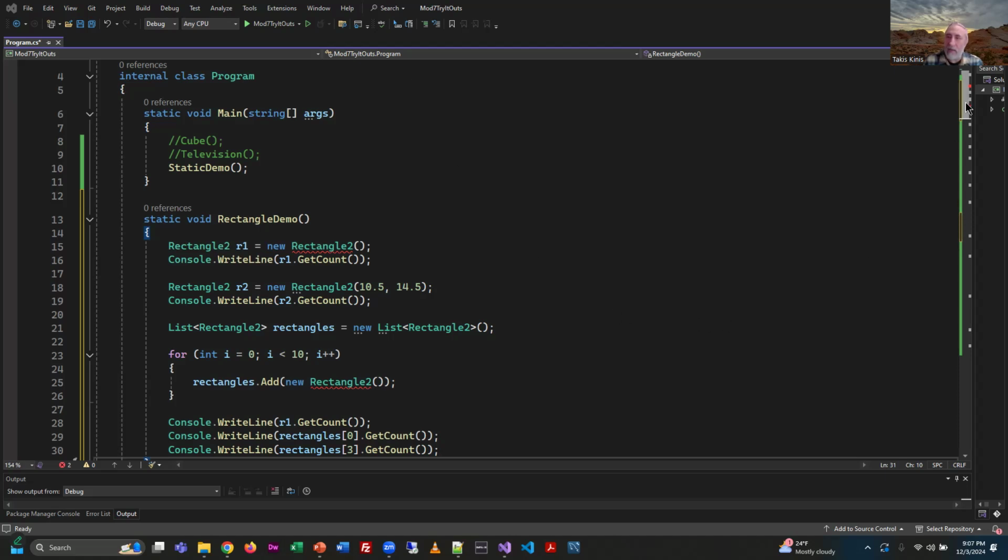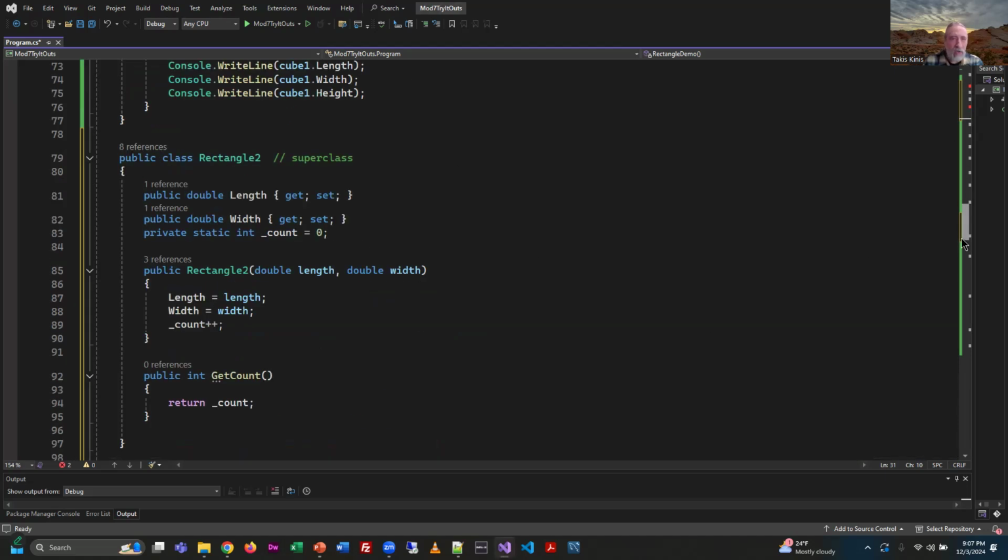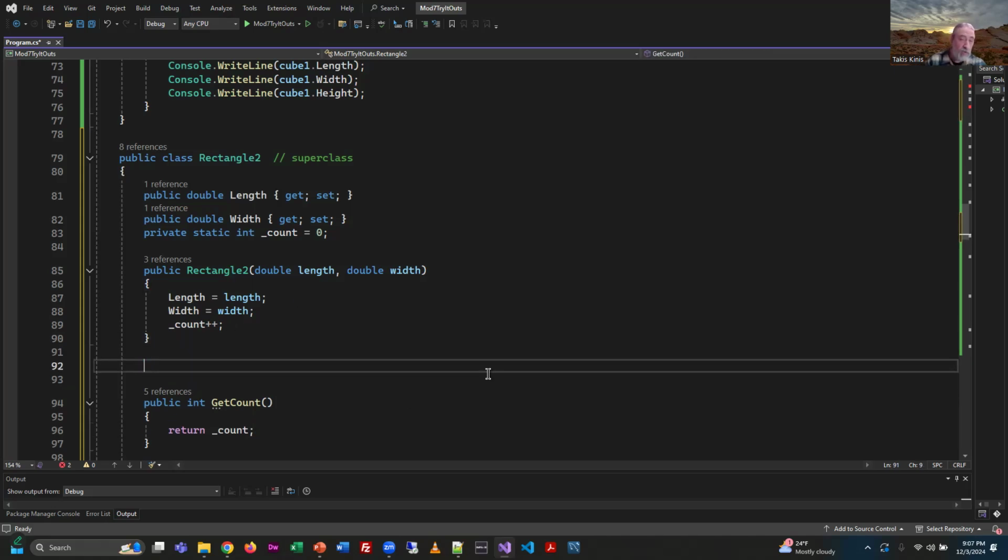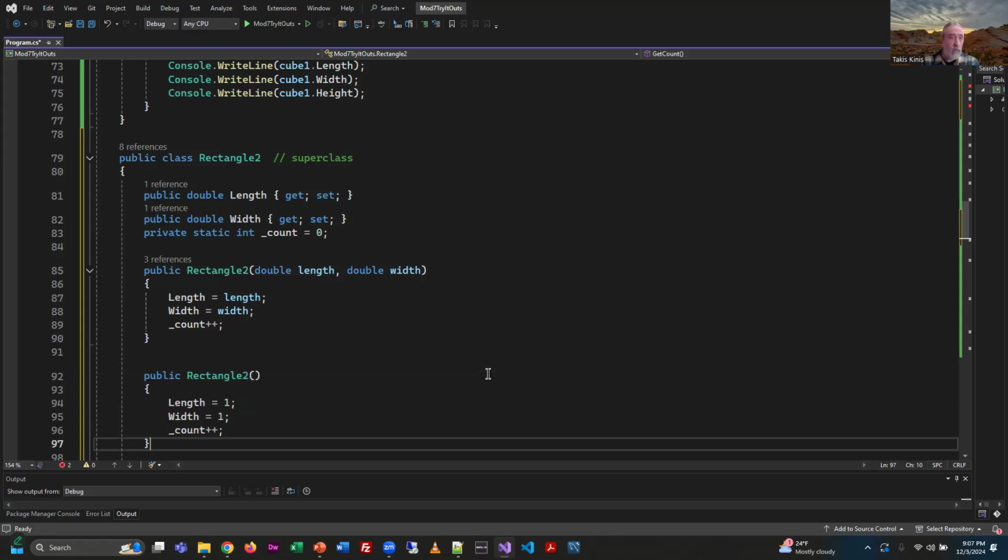This is the code for the default constructor. I'm going to go back down to that class structure, and right below the 2-argument constructor, we're going to add a no-arg constructor. So if they don't declare length and width, it's automatically set to 1. That's the only difference, right? Length and width are set to 1. So now if we go back up,